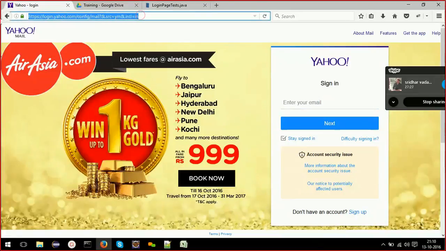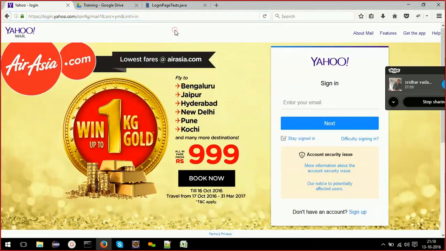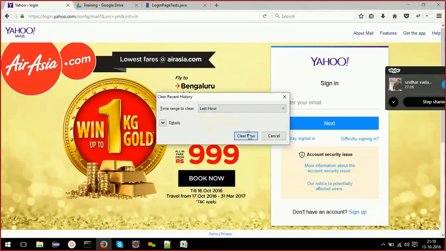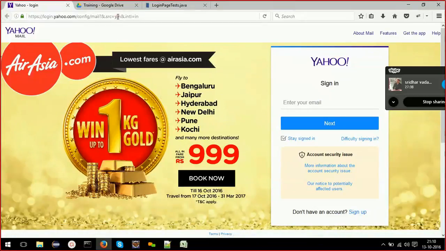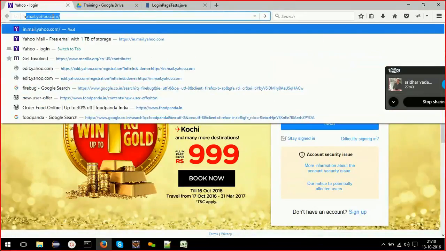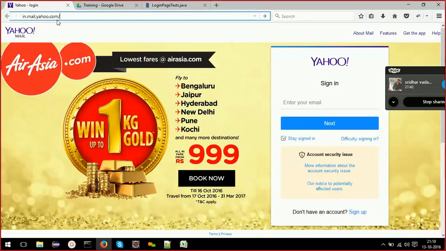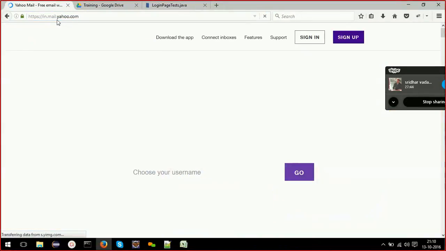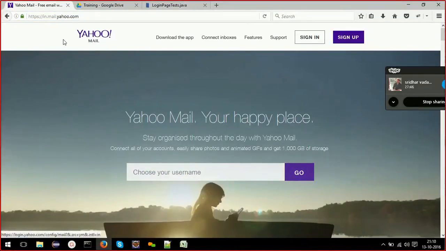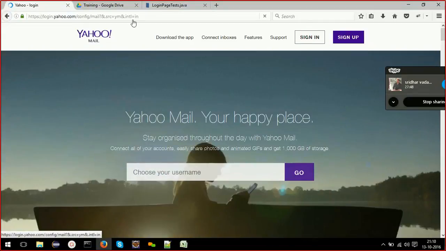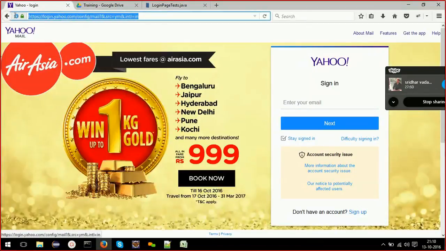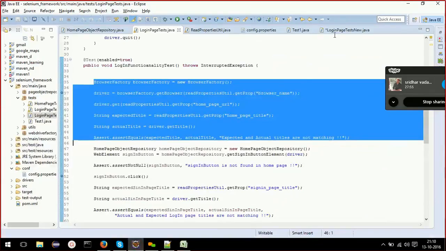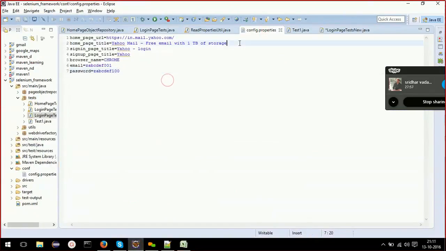Okay, this is taking me to this sign in page. Instead of starting from here, I'll start from this page itself. I'll copy this, and first I'll add it to my properties file.